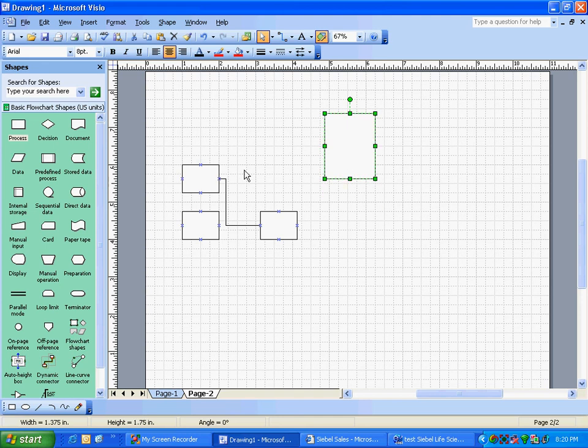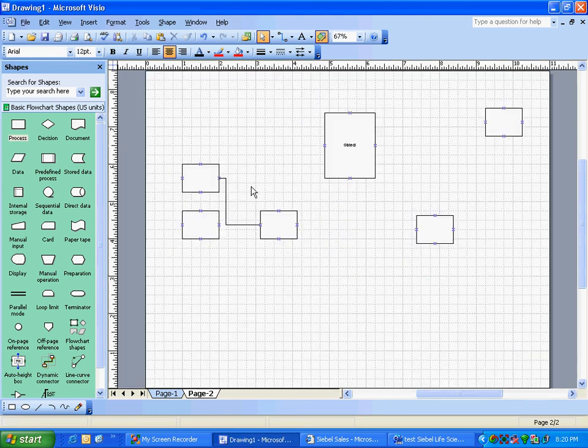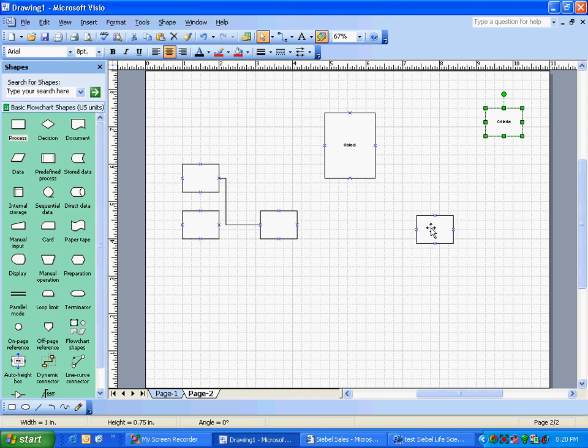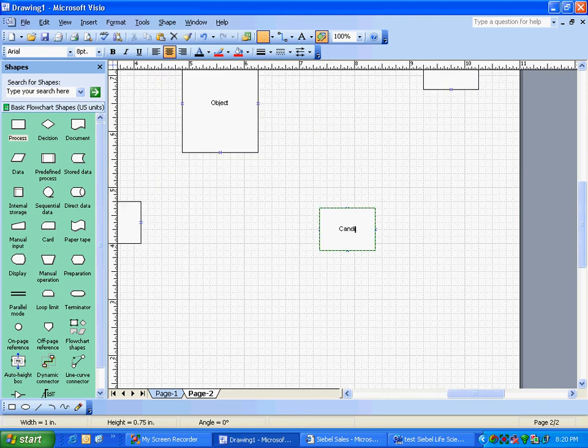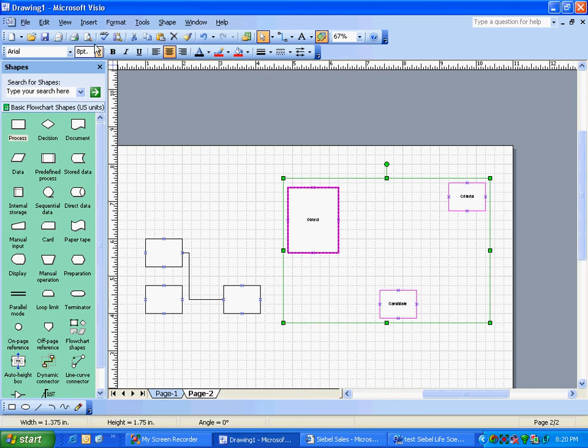The way you can model this kind of thing is, there is an object, or there is an entity, there is a record of a certain entity which needs to be assigned. Then there is a criteria, on the basis of this it gets assigned. Then there are candidates to whom it gets assigned. Okay.